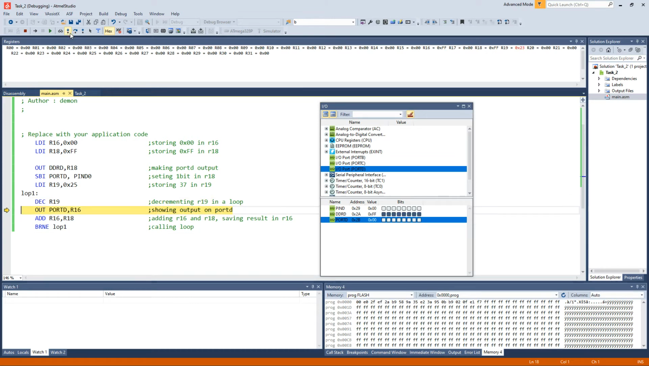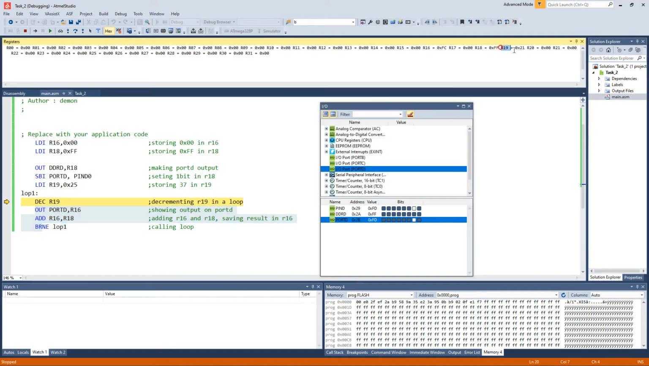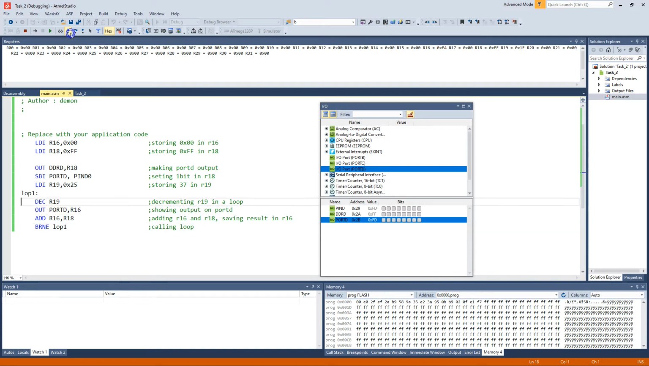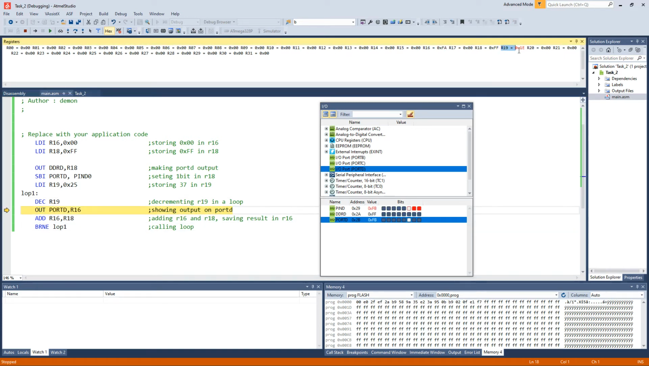Now I will show you that. As you can see, I am executing this, the LEDs are getting on and off, on and off, and as I keep on repeating it, it keeps on jumping back to loop 1 and keeps on executing these 4 commands, and the value of register 19 keeps on decreasing as I repeat it. As you can see, now the value of register 19 is 0x1E. Now it will keep on changing until it gets 0. So over here I will just stop debugging,